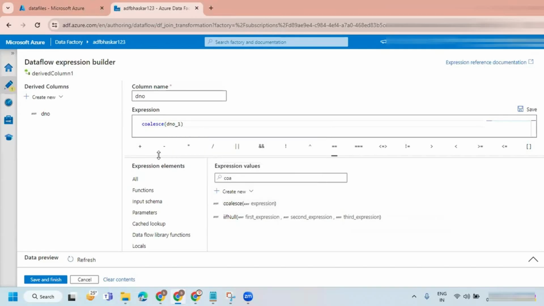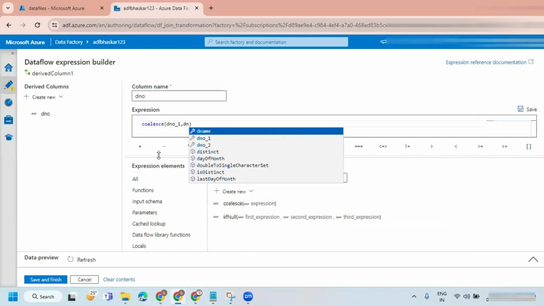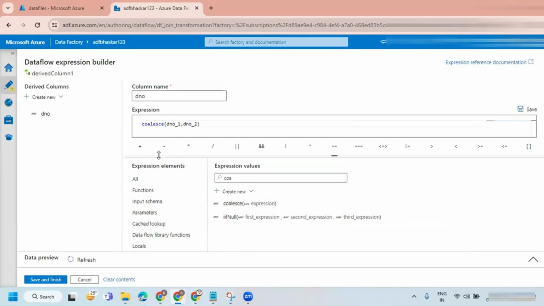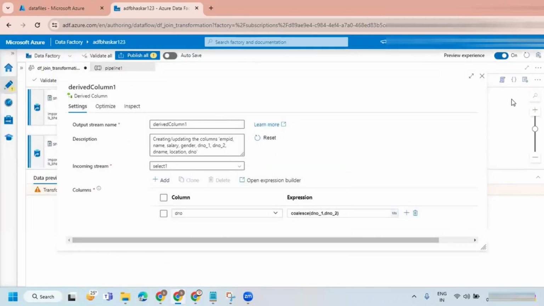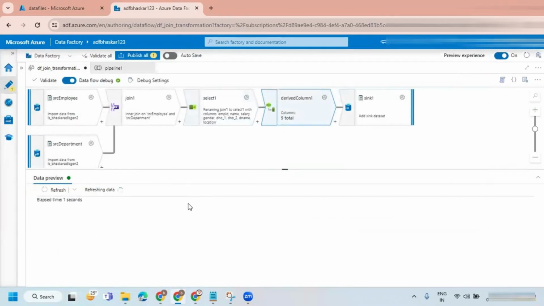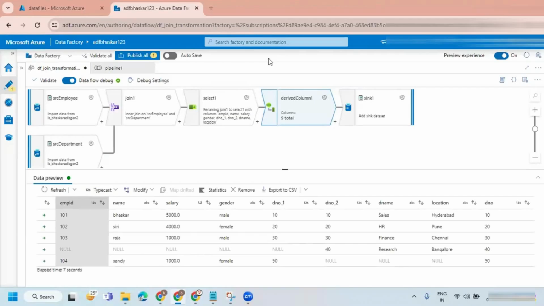D number 1, D number 2. Let's see the output. Okay, now you can see D number is coming.